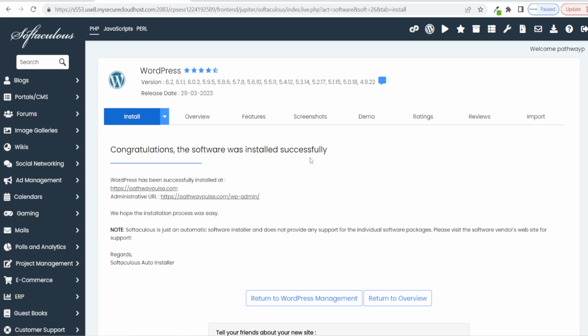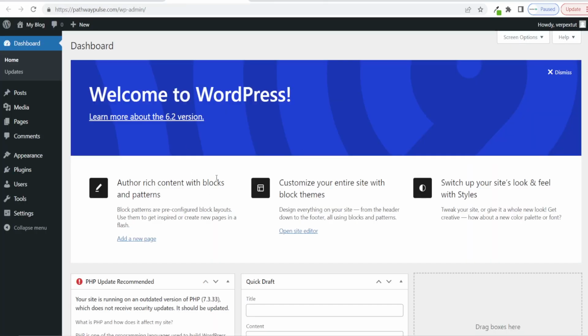So now we can go over to our WordPress website. So we are going to click on this administrative URL. So just click on this, and then you will be brought over to your WordPress dashboard. Now I'm just going to give you a little overview of WordPress, and then we can start building our affiliate